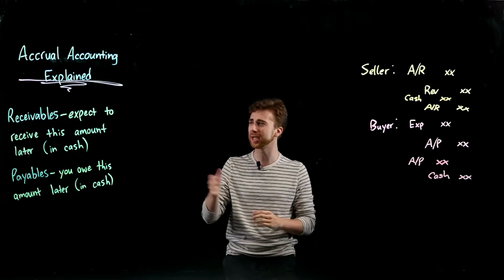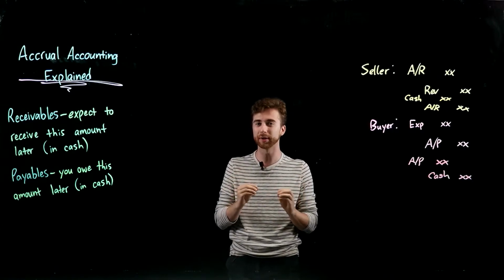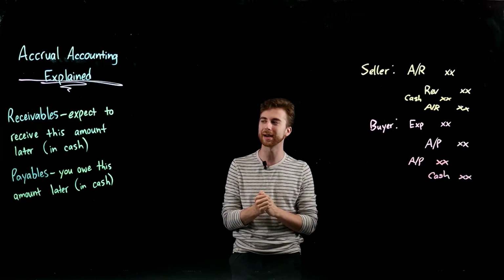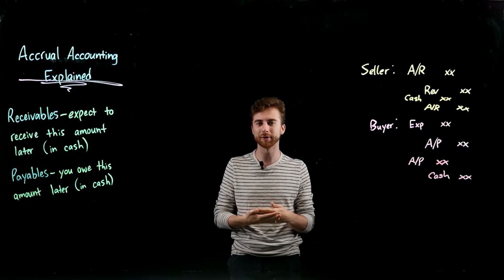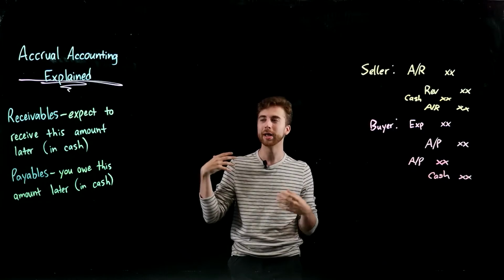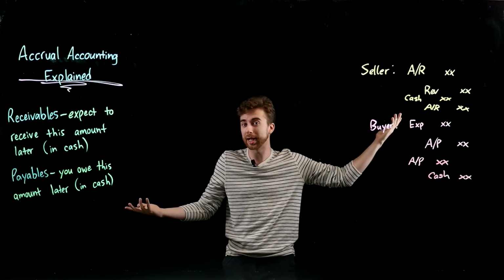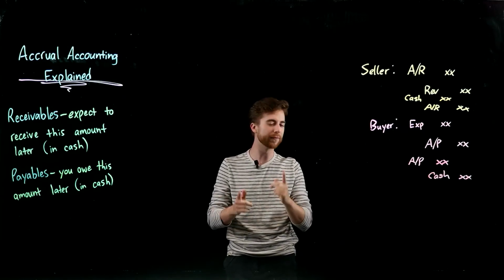And you get into a lot of later transactions. What we'll talk about in the next video is something called an allowance for doubtful accounts, which is basically referring to the fact that not everyone is going to pay off their bills like they promised to. If I show up and go, hey, I'm going to pay you the cash later, you go, okay, awesome. They may ride off into the sunset and you don't ever get your cash. So what do you do in that situation? We'll find out in the next video.